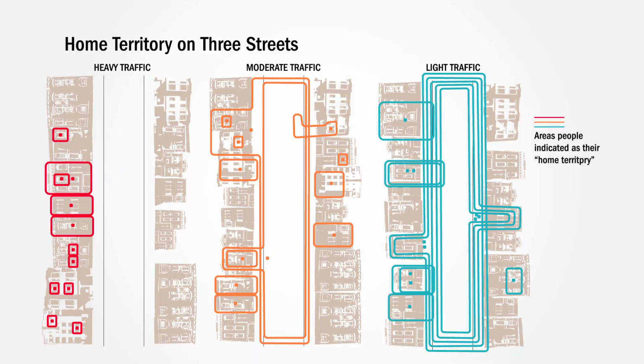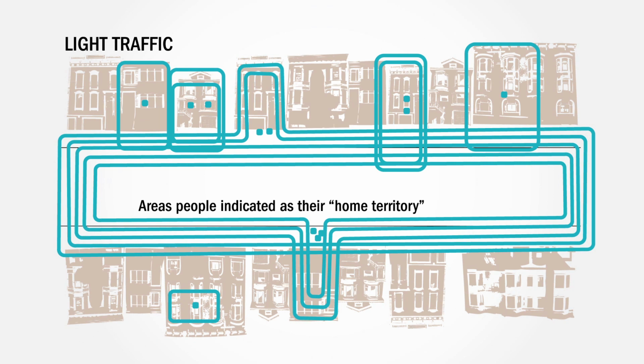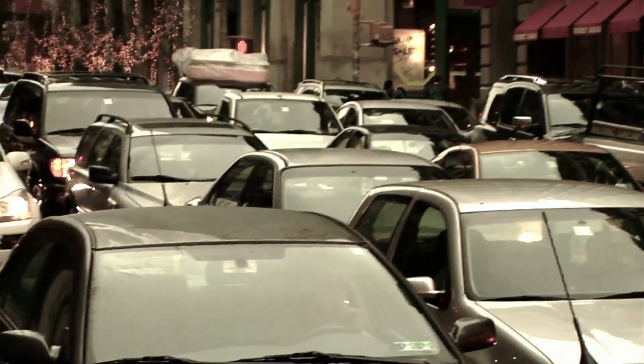Also, these graphics showing the extent of one's home territory were incredibly important in helping people understand that the nuisance of traffic, the threat to our safety, the noise, the pollution, really had a diminishing effect on what we felt was part of our neighborhood or our home territory.